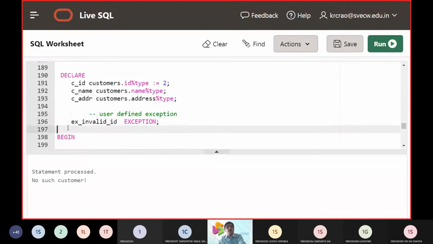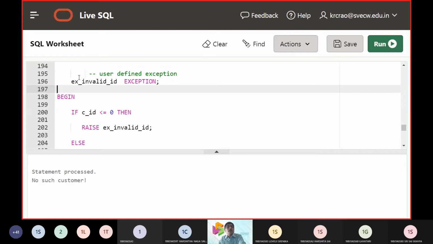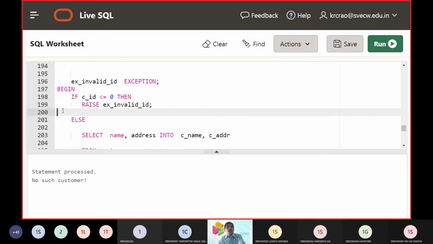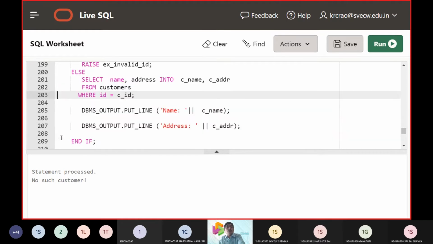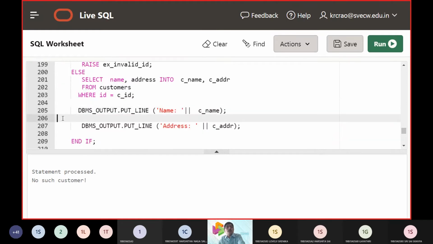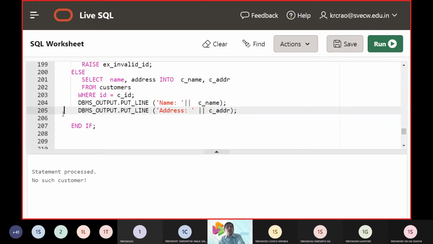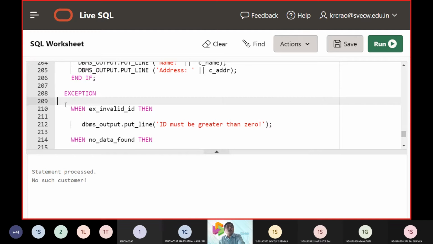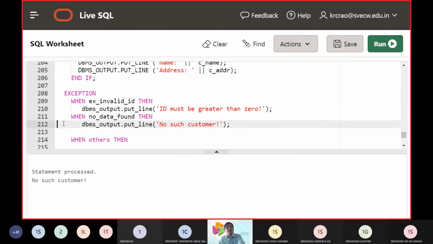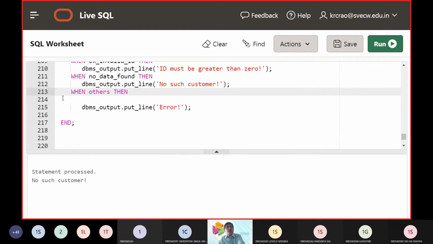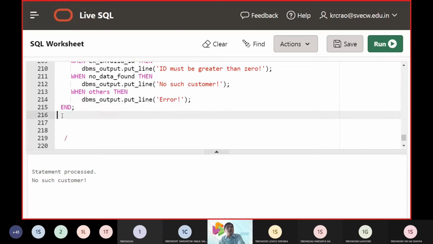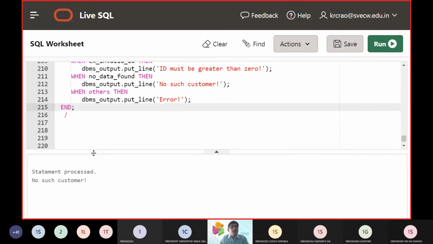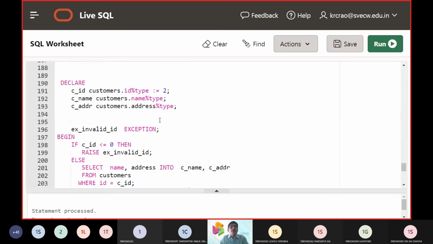The user defined exception, we are going to raise it. The three conditions we have written internally. It is not called externally. That was the key takeaway we need to understand.